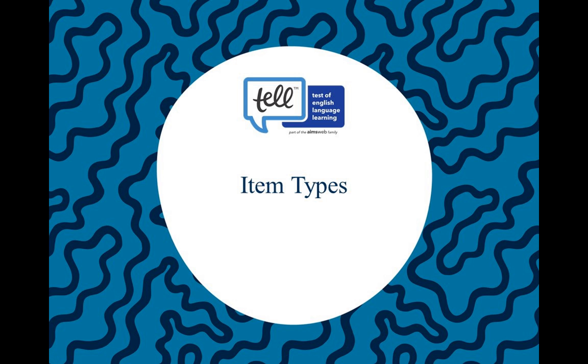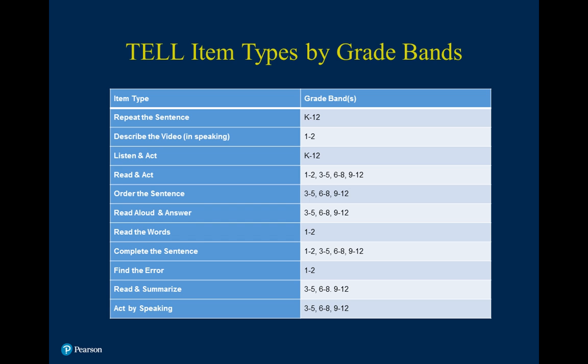So right now we're going to take a look at the item types that are within TEL. I want to give you a good sense and background of what's being assessed before we go live into the program. There are a total of 21 item types within TEL, and those were developed to measure the social and academic language. As you can see on the left-hand side of the screen, those are the item types, and on the right-hand side of the screen, those are the grade bands that those item types are